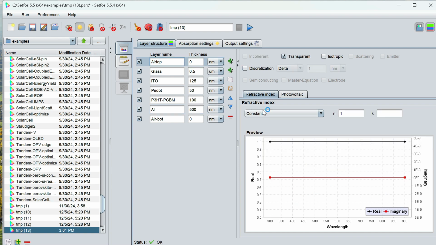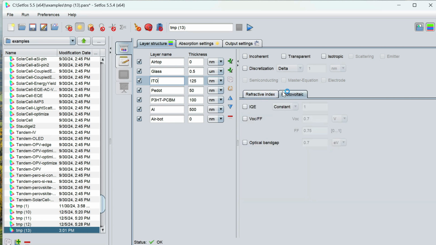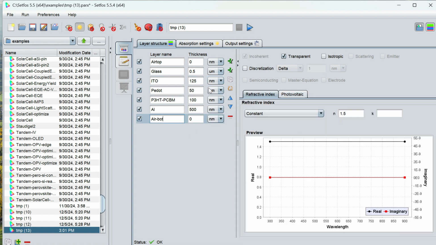We mention here that air on top has a refractive index of 1. For the glass, it is considered to be 0. For the element, consider 100. Internal quantum efficiency is constant. So here all of the layer structures are completed, and you can check them one by one as per your